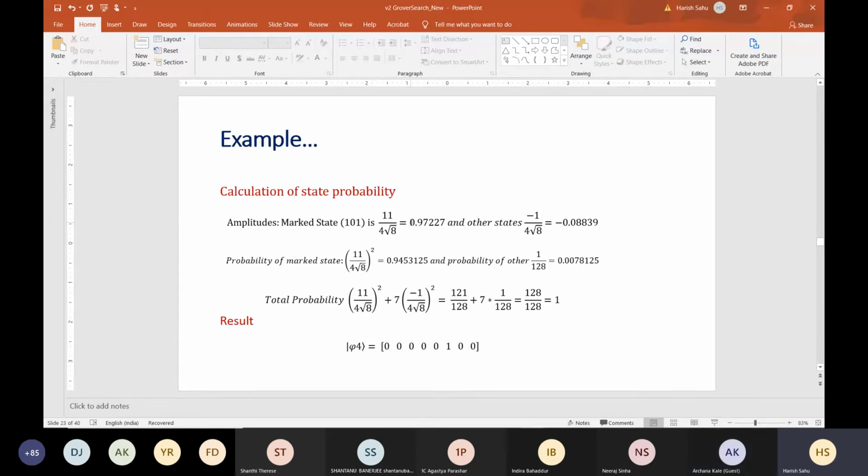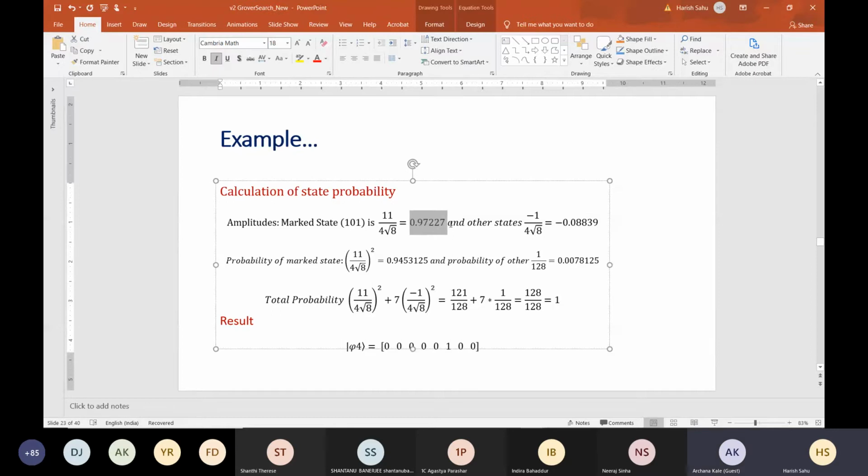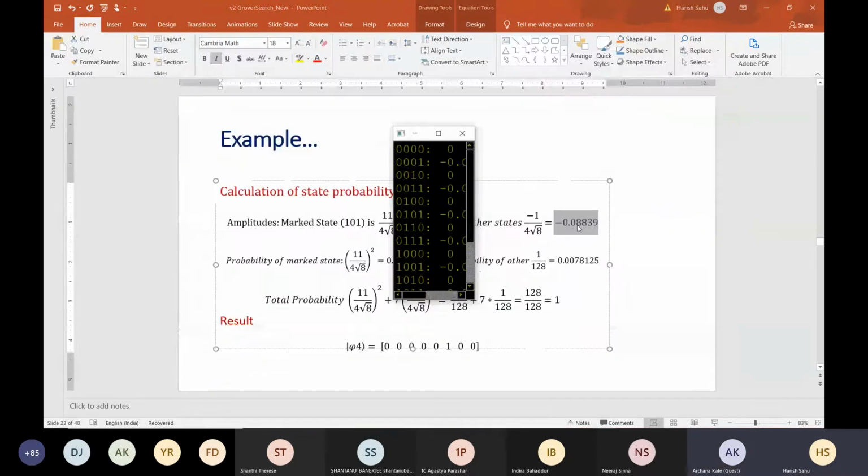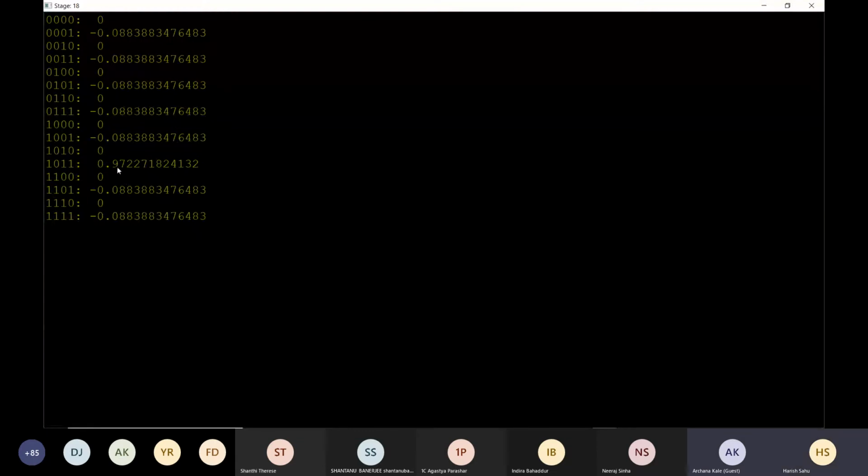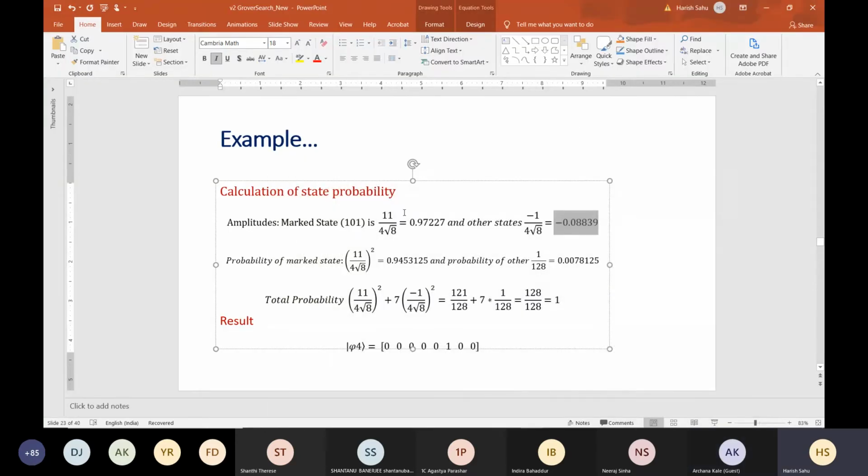Our amplitude should be 0.97 for the desired answer and minus 0.08 for the non-desired. Here it is 0.97 only, and for the others 0.08, minus 0.88. So it is perfectly fine. Exactly the same thing which we did with a numerical example, we are getting here. If we mod square that, the probability is 94%, so we will get the correct answer in 2 iterations.